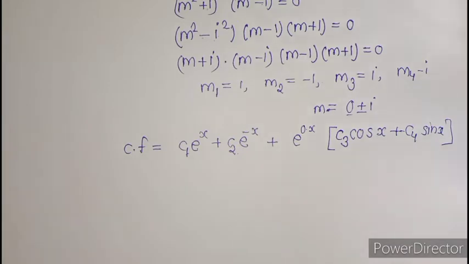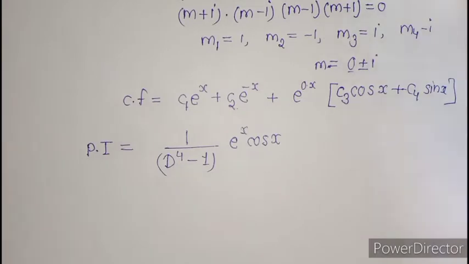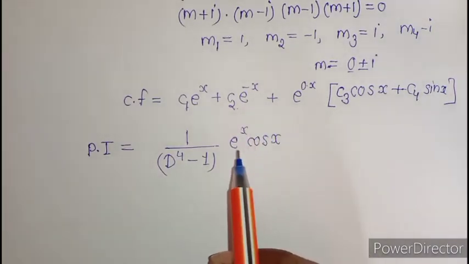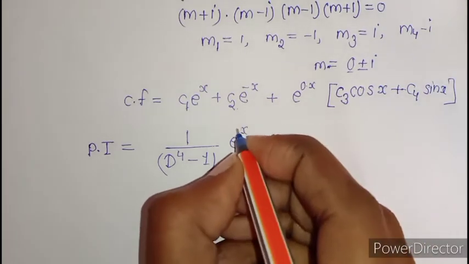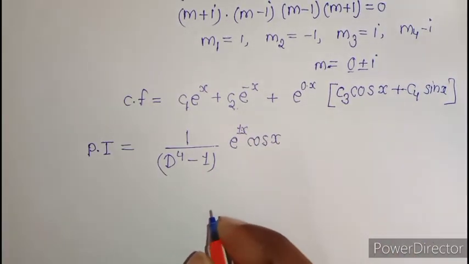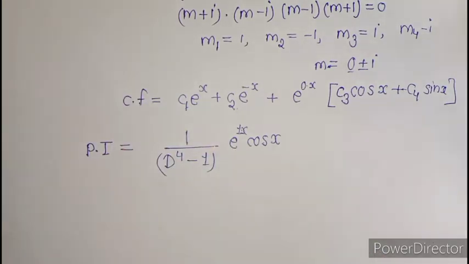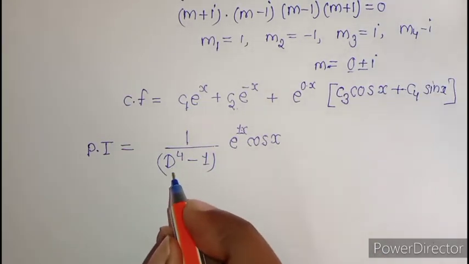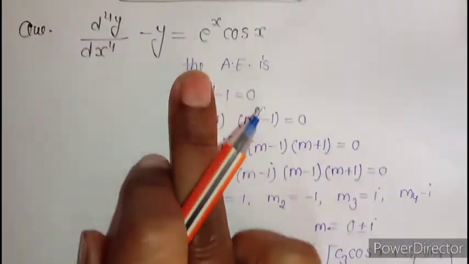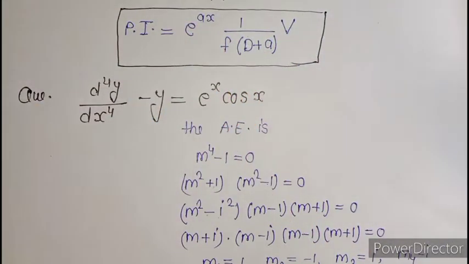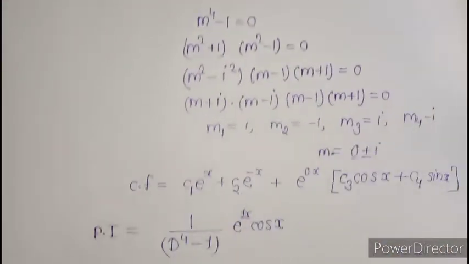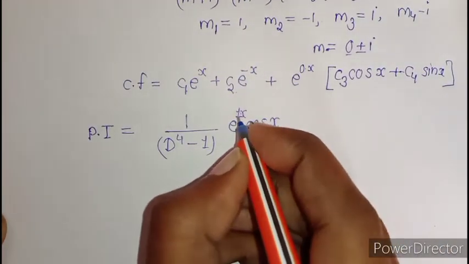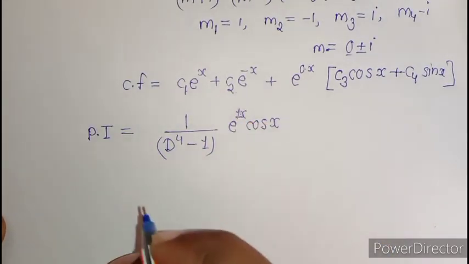Now we calculate the value of PI from the method that I told you earlier. So this is our PI. In order to find the PI, firstly we have to take e raised to power x outside, and here you can see that in the place of a, 1 is present. So as we take e raised to power x outside, this D becomes D plus 1, as I told you in the process. That is, when we take e raised to power ax outside this function, each D becomes D plus a. Since our a is 1 here, we will replace D by D plus 1.